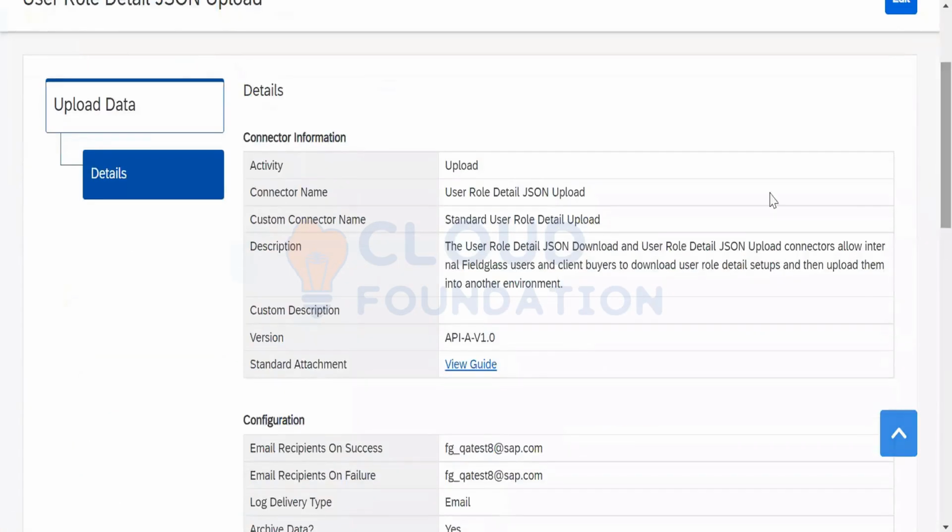I'll go ahead and we have got the guide here. Whichever system you might be working on for another client, the FieldGlass and the connectors look similar. You find no difference except the way the system has been configured.